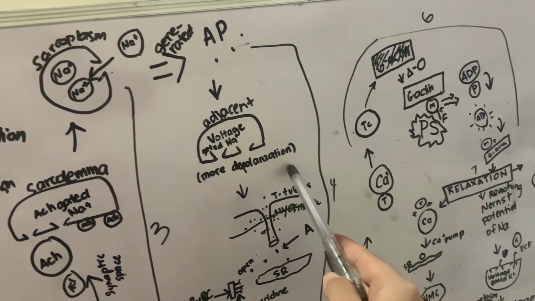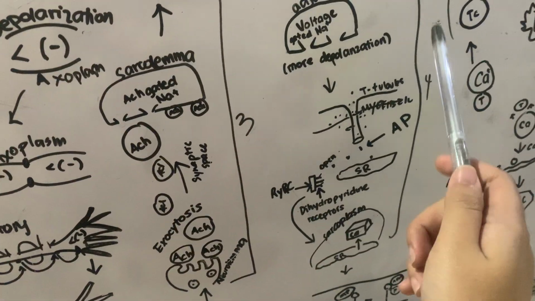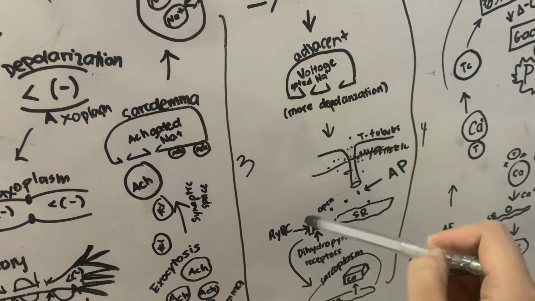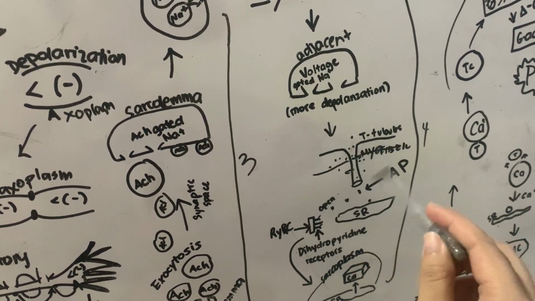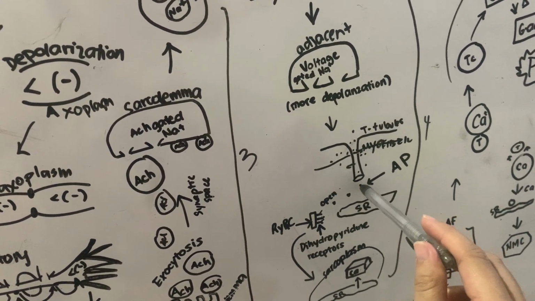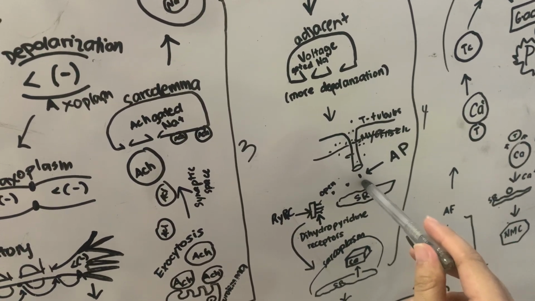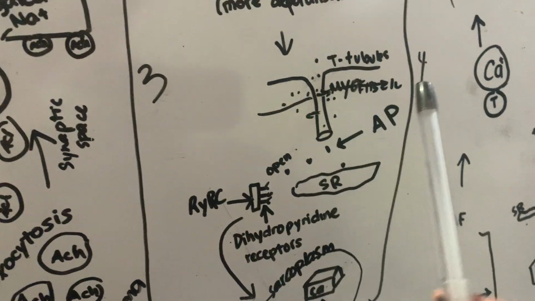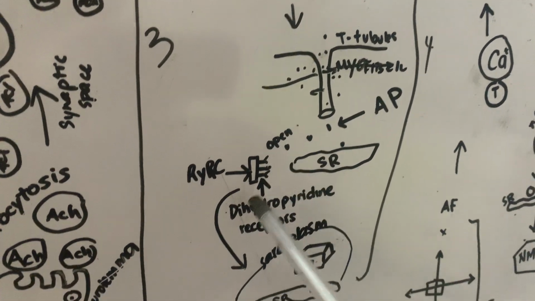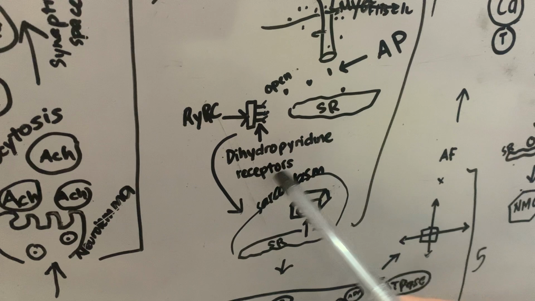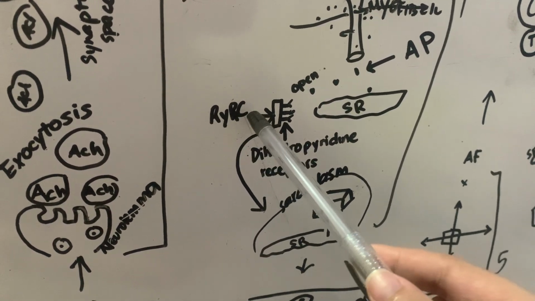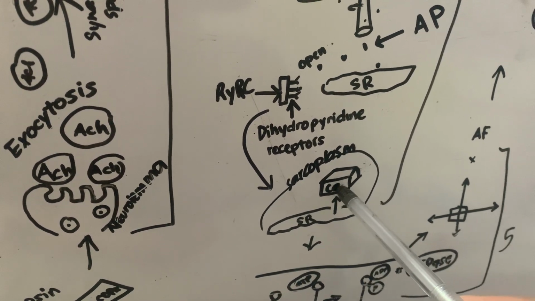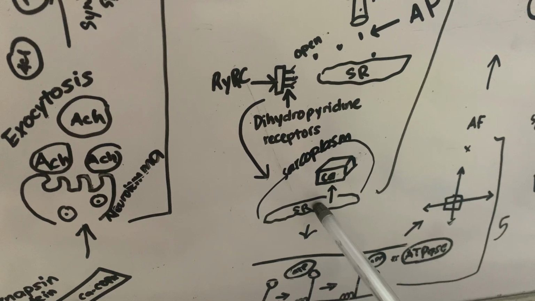to increase the polarization, and then the action potential will travel through the T tubules and spread out to the myofibril, and it will go deep down into the sarcoplasmic reticulum, and then the action potential will open the dihydropyridine receptors of the ryanodine receptor channel, and it will cause the stored calcium in the sarcoplasmic reticulum to be released